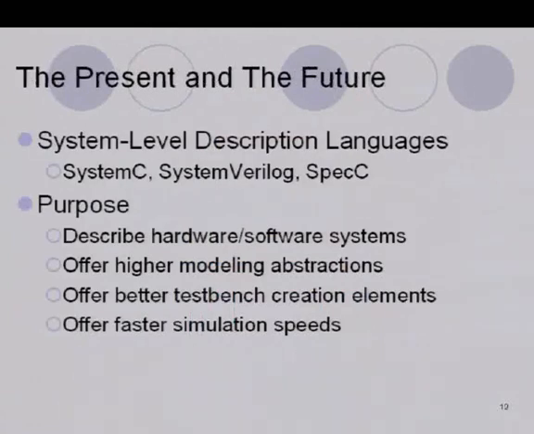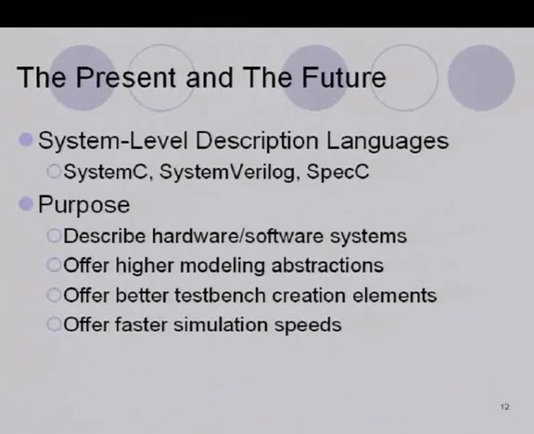So, the present and the future. What people have been trying to do to solve this problem is create system description languages, such as SystemC, SystemVerilog, and SpecC. The purpose is, instead of having a language like VHDL that describes hardware systems more at the register level or signal level,